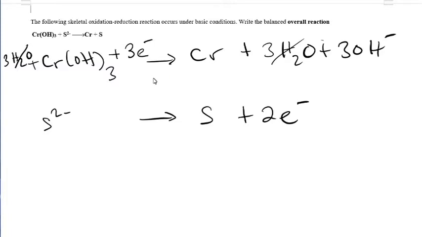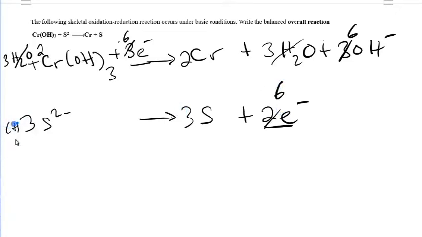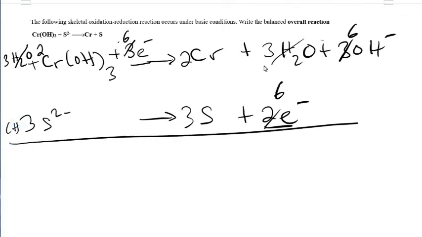We should be able to add the equations as long as the number of electrons are equal, which they are not. So we need to make them equal. We'll multiply the top equation by 2, the bottom equation by 3. So we have here 2 chromium hydroxide, 6 electrons, 2 chromium solid, and 6 hydroxide. For the bottom, we have 3 sulfurs on each side and 6 electrons. Now we can add the chemical equations together. 6 electrons cancel out completely,